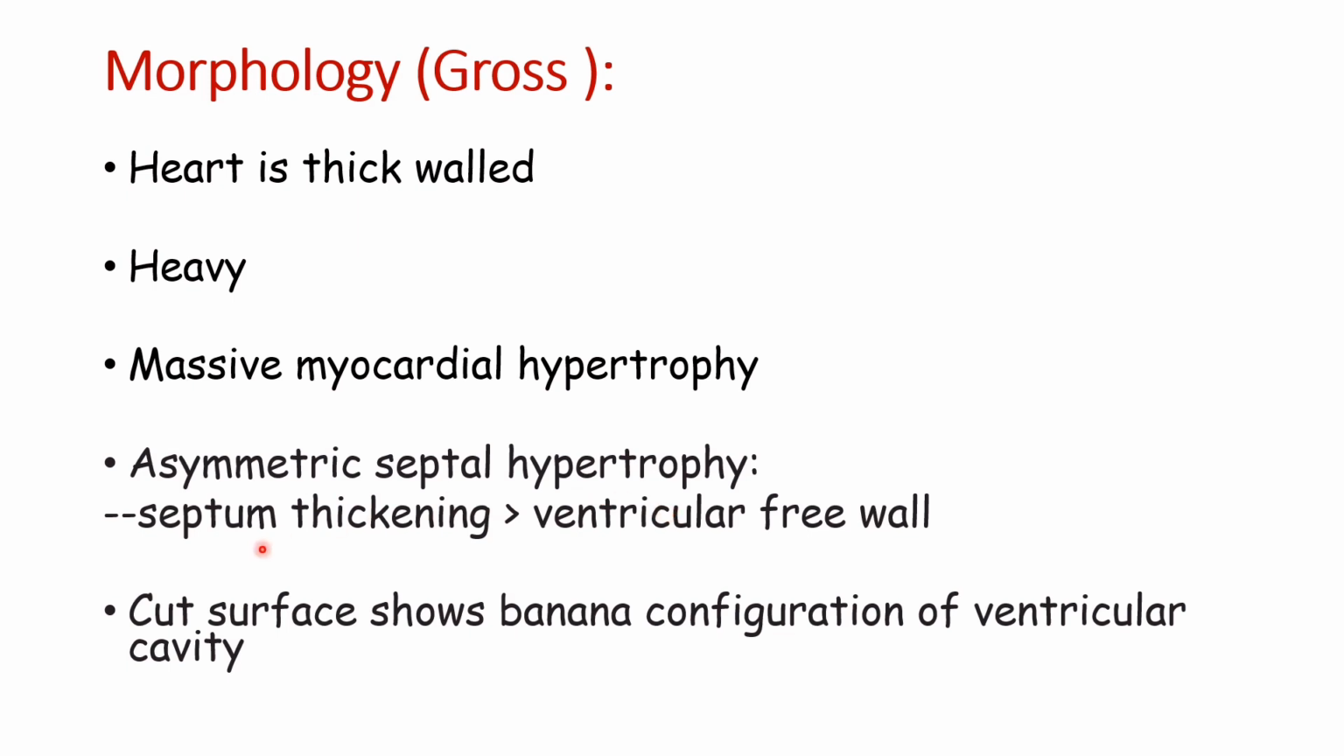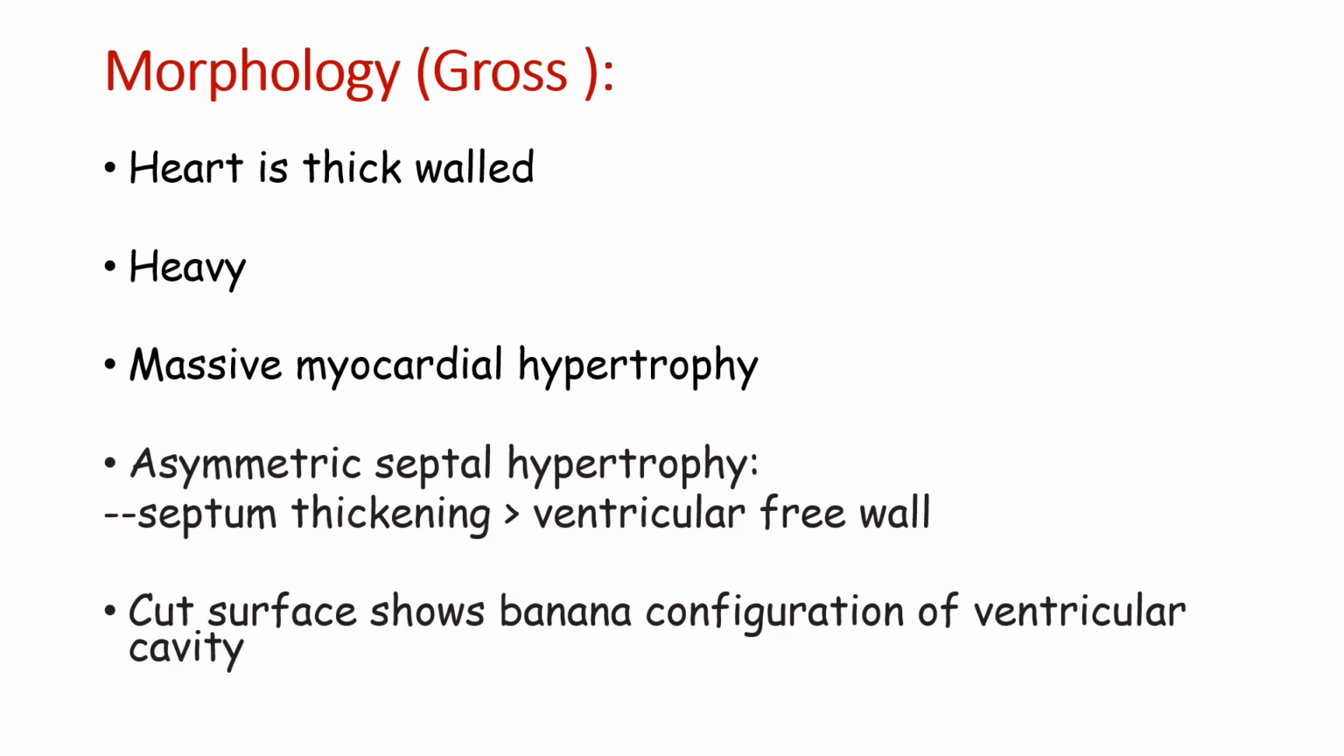Then there is asymmetric septal hypertrophy. That is, the septal muscle thickens more than the ventricular free wall. So it is asymmetric. It is not thickening uniformly. It is thickening more than the ventricular free wall. And if we cut the heart,